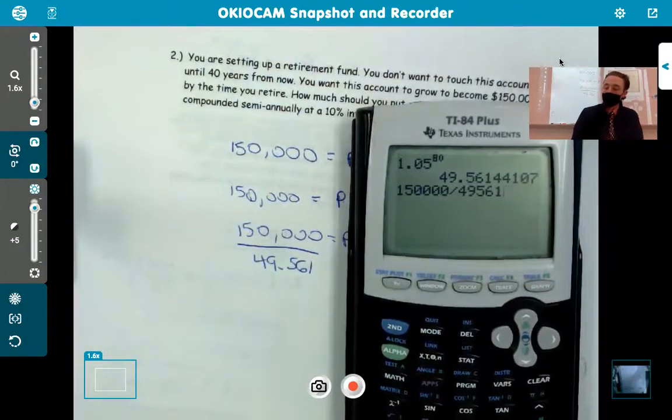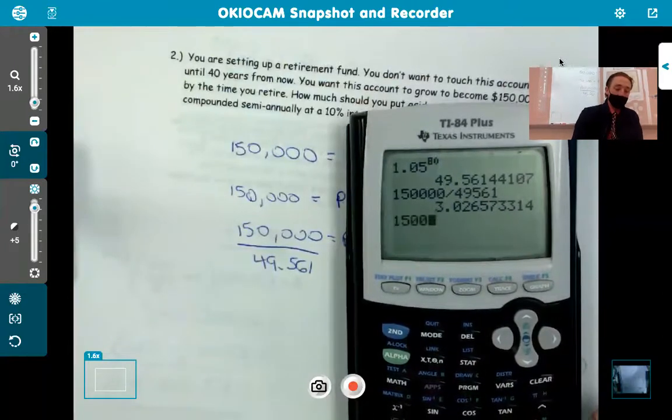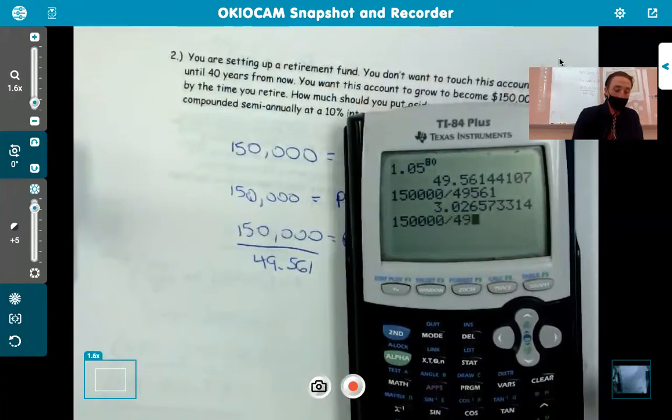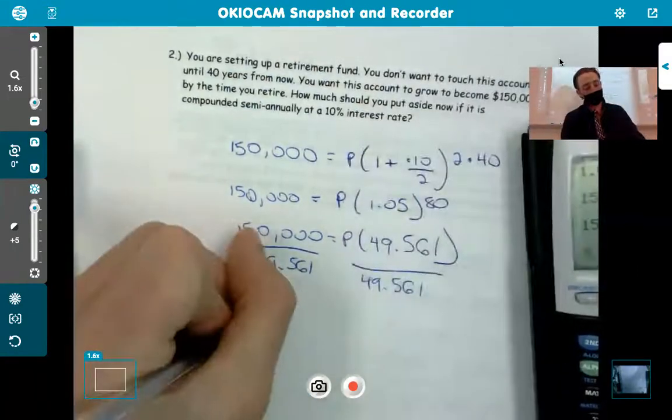Good. 3,026.57. I think I might have forgotten something here. I did it by 49,000. Sorry. So 1.5. It should be the same thing. You're just going to move the decimal points. Divided by 49.561. There we go. So $3,026.57